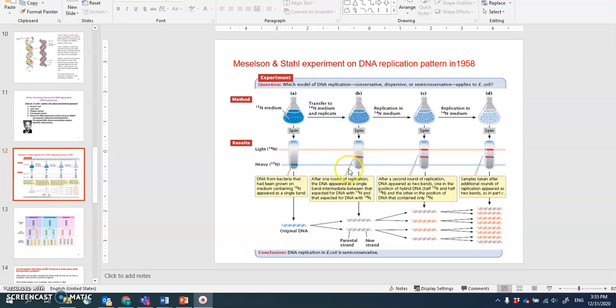But when they tried to see the newly made copies, how they are labeled with those isotopes, they saw that all the newly made DNA has that uniform labeling. Okay, and then when they traced that continuously, the uniform DNA is split into another half and goes on continuously. So this pattern explains, yes, indeed, it's a semi-conservative way how